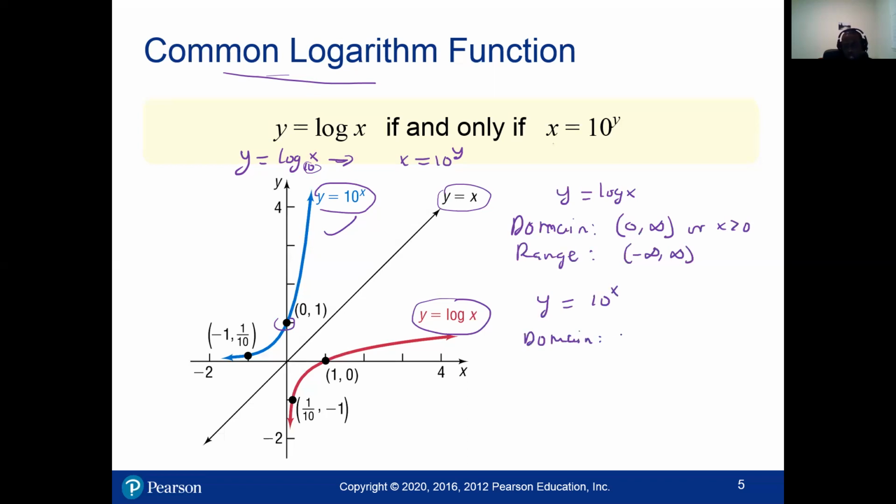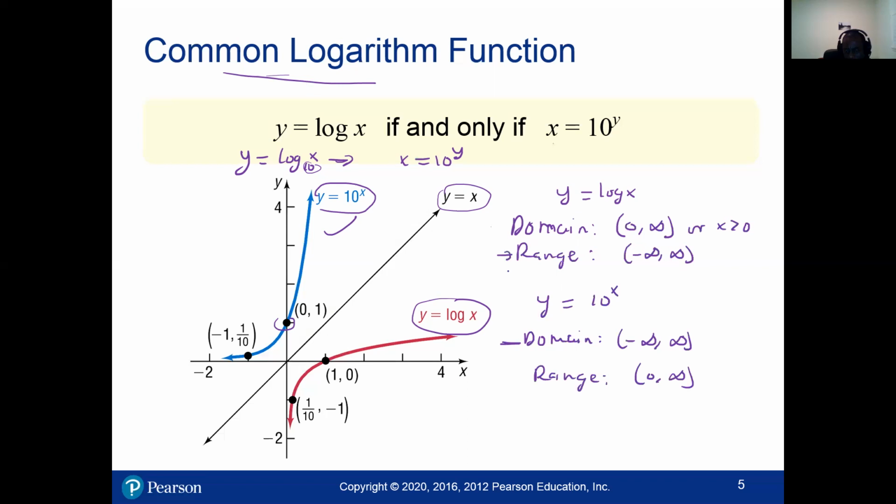The domain is what? For all real numbers. And then the range is also from what? 0 to positive infinity. Now notice that the domain of the exponential function is equal to the range of the